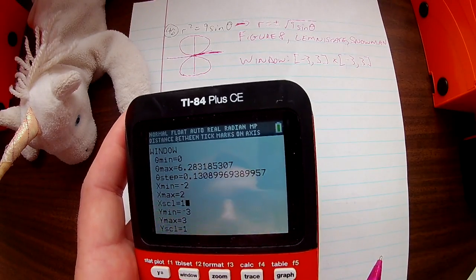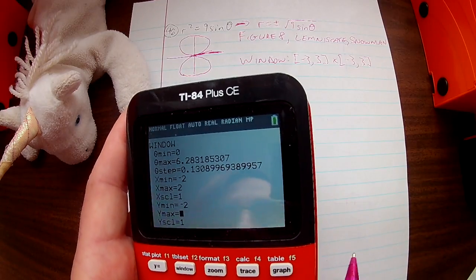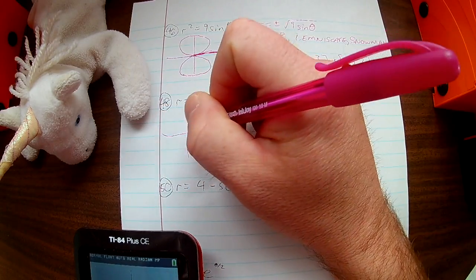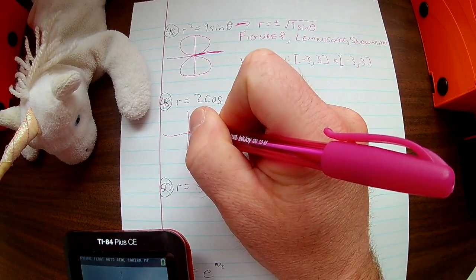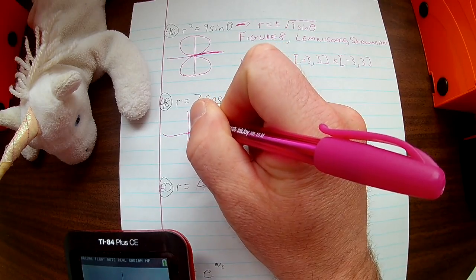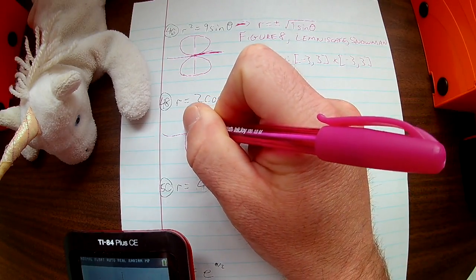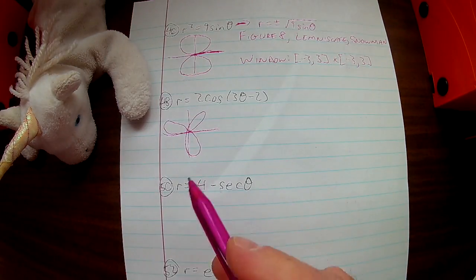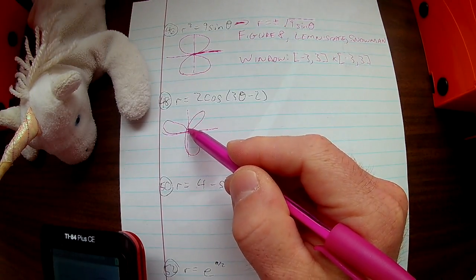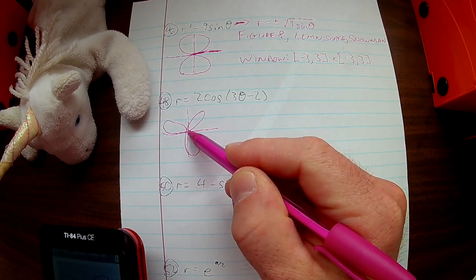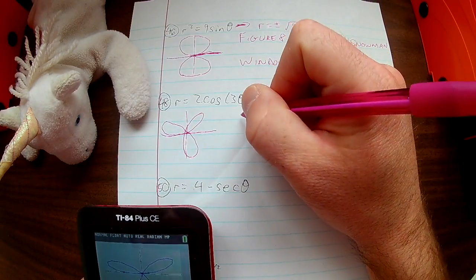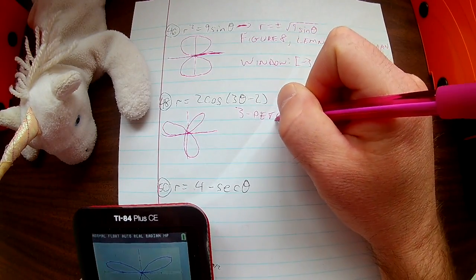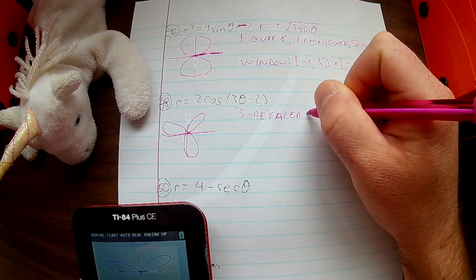-2 to 2. And yeah, there we go. And again, those of you who are following along at home, okay, yeah, that's similar to it, right? So yeah, really the joining of the petals should be at the origin, but I'm not really a good drawer. So let's just call it a 3-petaled rose